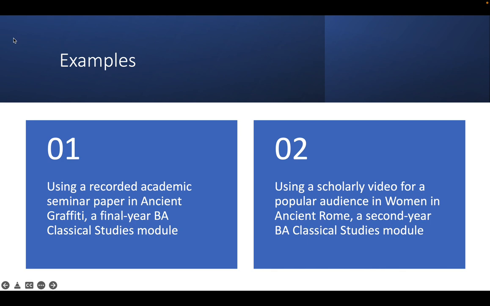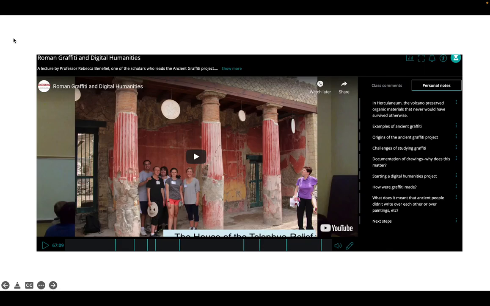One is from a module on ancient graffiti, which I taught to third year, final year students in our BA in Classical Studies. And then I'm going to talk about using video in a second year module on women in ancient Rome. So starting out with the graffiti course, I was really excited to discover that Rebecca Benefiel, who is